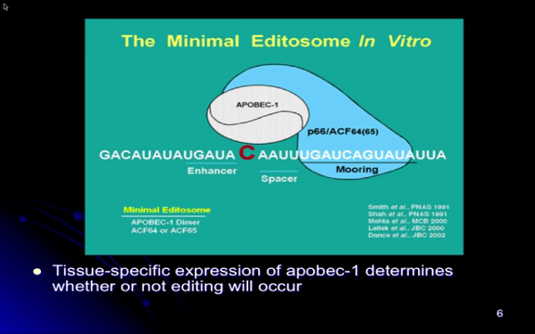See this big blue part? This is a complementary factor, sometimes referred to as either P66 because of its size or auxiliary complementary factor. We can just call it complementary factor. The complementary factor provides tissue specificity for ApoB1. So ApoB1 is a cytidine deaminase. It doesn't recognize where it's supposed to edit. Complementary factor does. So complementary factor looks for this nucleotide sequence. It then locates ApoB1 at the appropriate place.